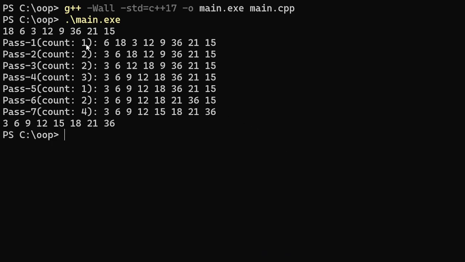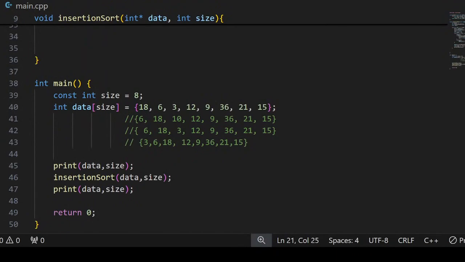Now you can see the count is 1 2 2 3 1 2 4, right? But we need to consider the best case, average case, and worst case situation. So the best case situation would be if these elements are already sorted. For example, let's say I pick the sorted array from the output terminal